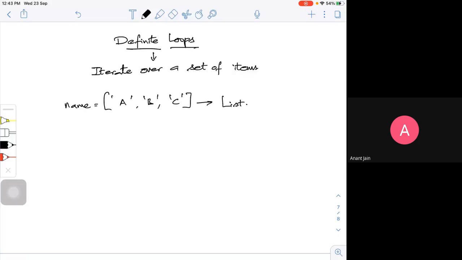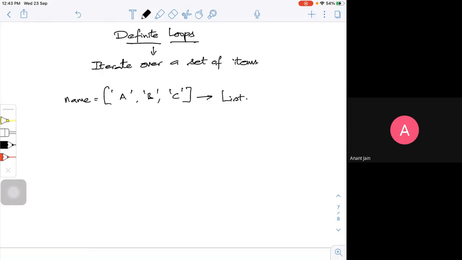That means these loops are definite. Definite loops mean they execute the exact number of times. I am very sure how many times I am going to execute.